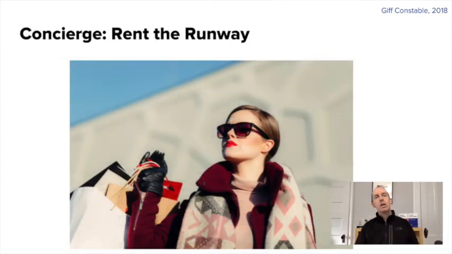The last example that I'm going to end with here is a concierge experiment. And this is where, instead of hiding your manual labor behind a veneer, behind a fake product, you actually just deliver the service very overtly. So Rent the Runway is a successful startup in New York, and what they do now is it's an online service where people can rent fashion. So instead of having to buy expensive clothes just to wear one or two times, they could rent it, get it back, and get something new. But at the beginning, they didn't know if that was a good idea. So they